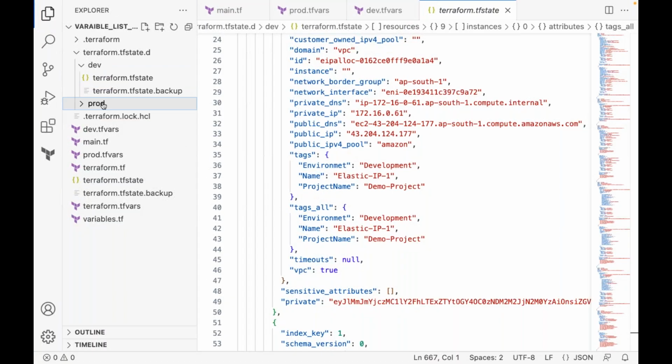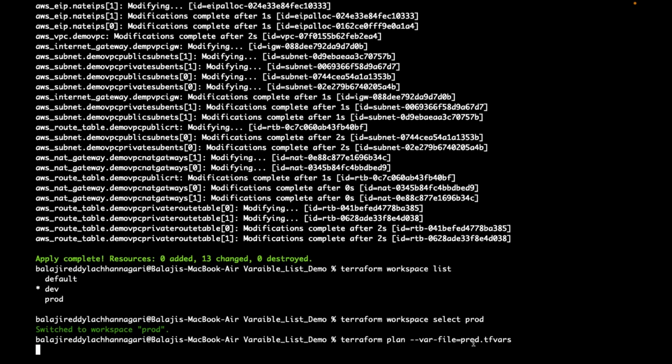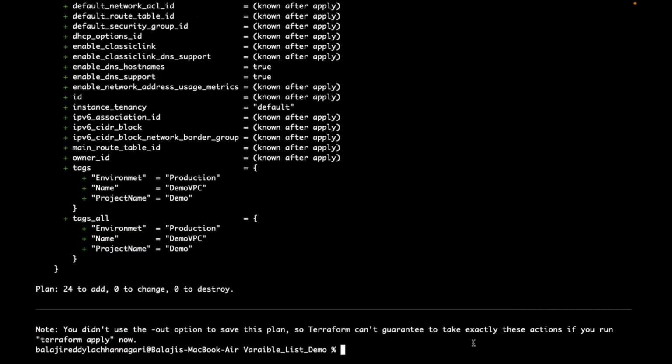Now, do you have any state file in the prod workspace? Because for the first time we are running Terraform plan and apply here. No, as of now, no. So it will consider it may need to create these many resources. Now if you see, it says it has to create 24 resources or something like that. Now if I apply,